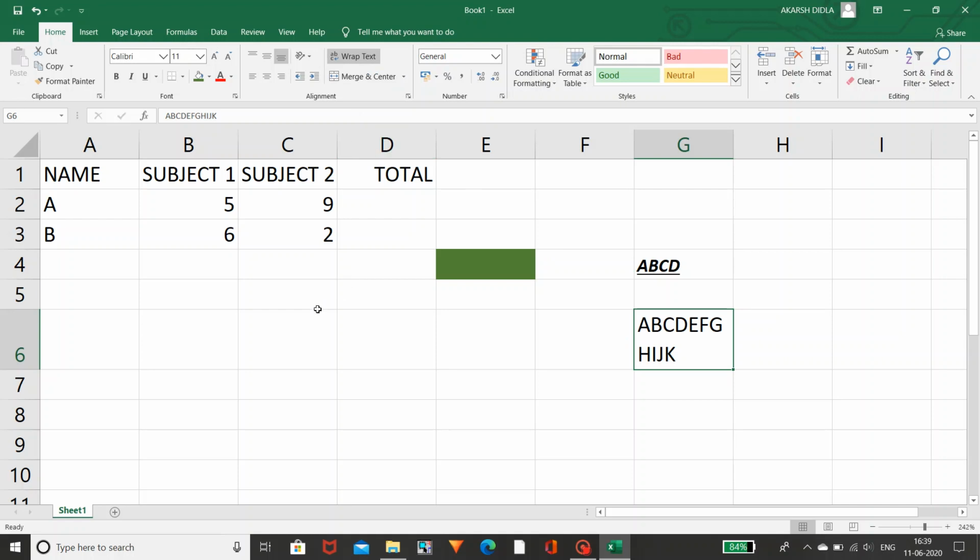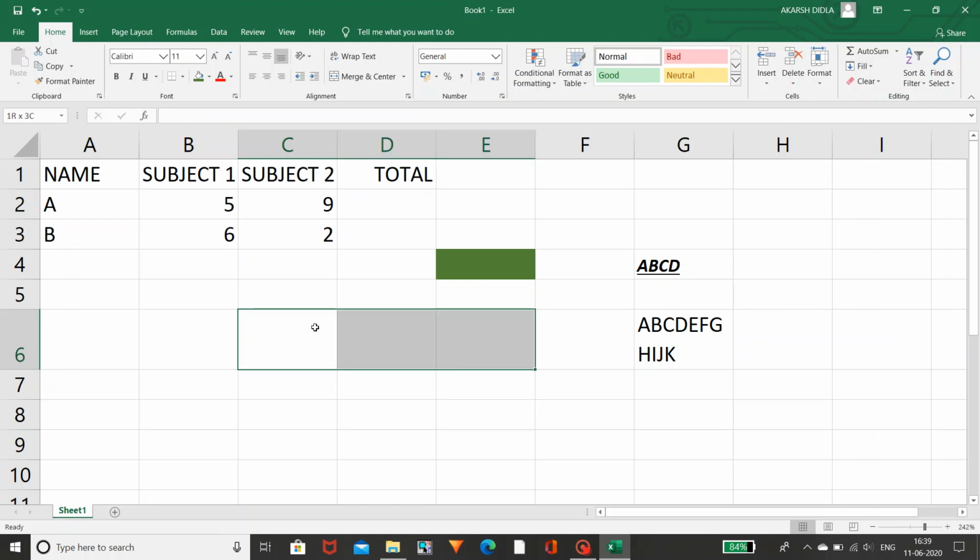And coming to the merge and center, you can notice the lines between cells. If you don't want these lines between these three cells, I am selecting them by using the shift button. Press your shift and use your sideward arrow, downward arrow, upward arrow or leftward arrow, like this you can use it. If you don't want the two lines between these three cells, you can merge and center like this. You can notice these lines are removed. Likewise you can use this merge and center.